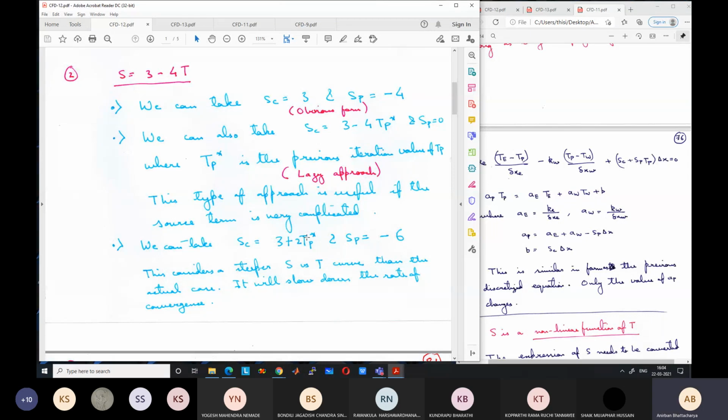Now the follow-up question is: obviously, if convergence is faster, our simulation will run faster. Faster convergence means quickly we are going to the correct solution and we are going to the next time step. The simulation will run faster. So what can be a situation when slower convergence is beneficial?